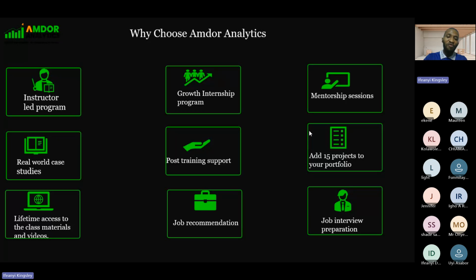After your training, we give you post-training support. We're not like other training providers that leave you after training to look for jobs yourself. No. After training, you still stay with us. We give you what is called post-training support. That is because we understand that you're new in the market, you're just trying to navigate the market. We help you understand how the market functions and things you need to do for you to put your foot